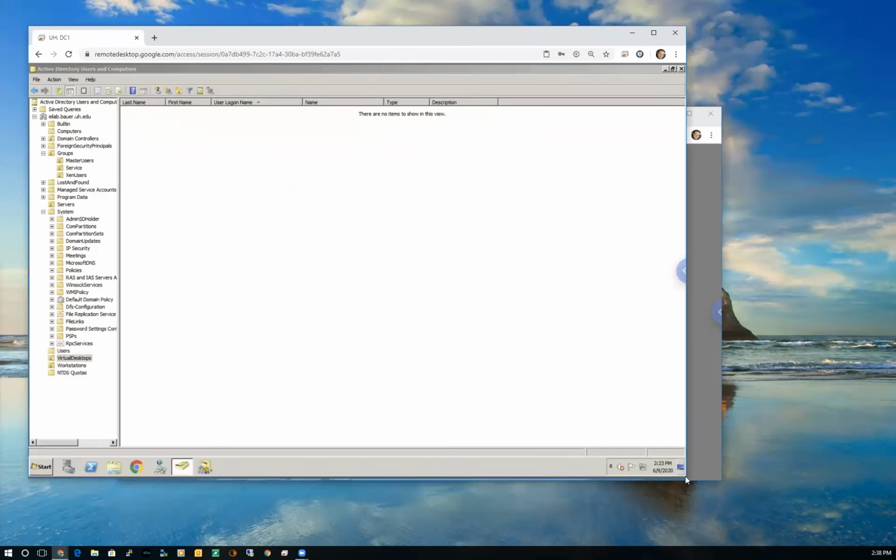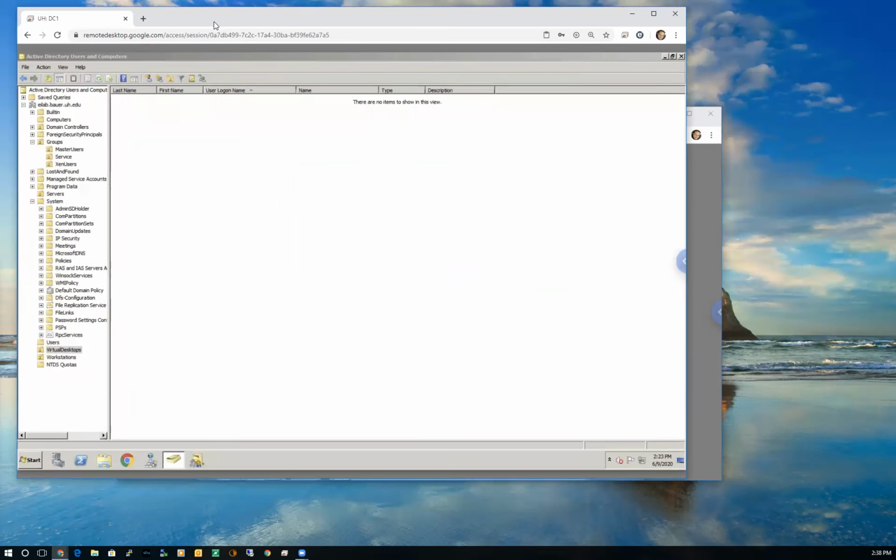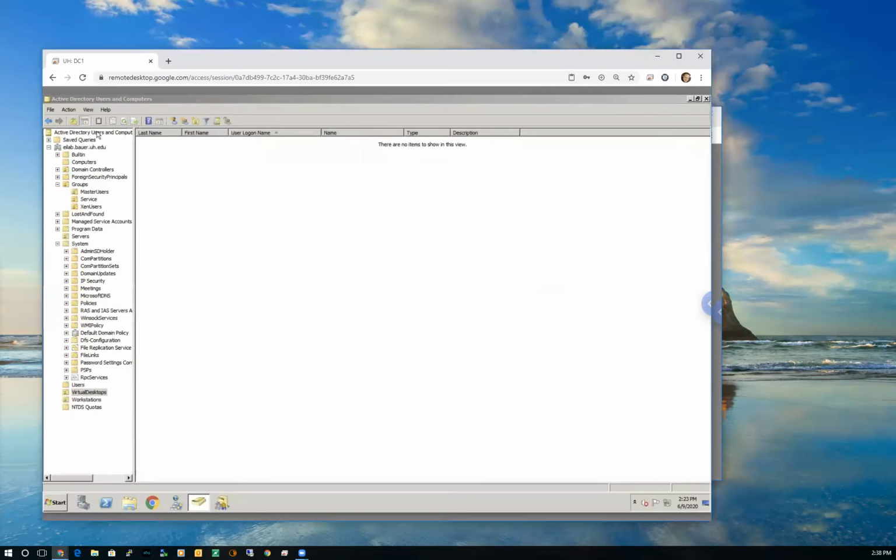probably a lot of you are not that familiar with domain controllers and how Windows chooses to manage a network. But one of the elements underneath Windows Domain Controller is called Active Directory Users and Computers. I'm using an application that comes with Windows called Active Directory. And go ahead and close that.